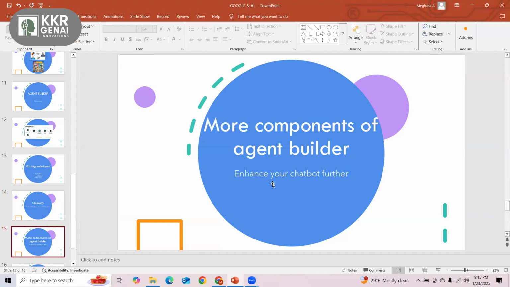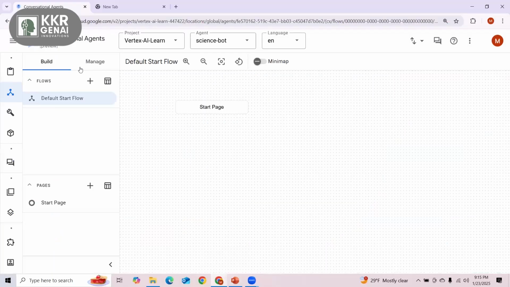Now we'll see more components of agent builder that we need to know before we start building full-fledged conversational agents. Like I mentioned before, this is the agent that we created last time. I will get to the parser part later, but for now, I will show you how you can modify the agent, and what are the tools that you can use to create